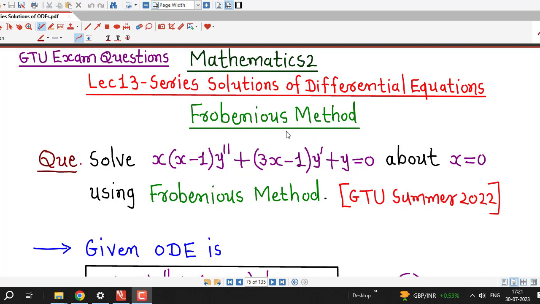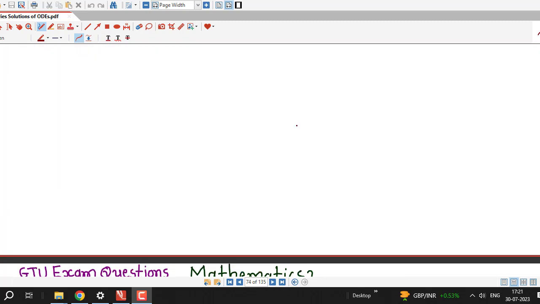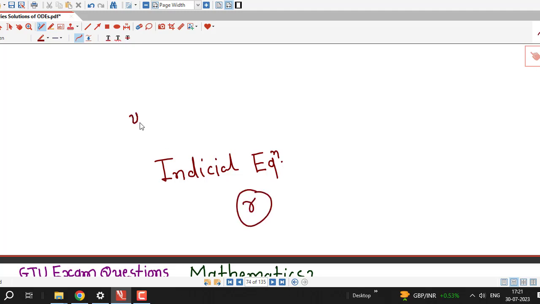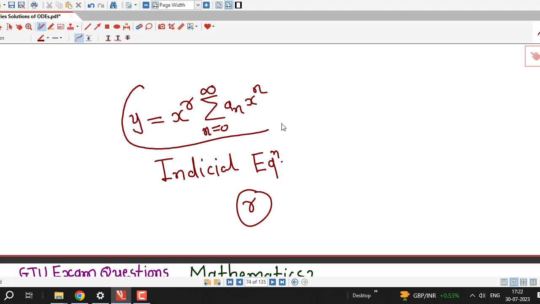In previous lecture we have introduced Frobenius method and we have seen the method with one example, and if you recall, in that example we have introduced indicial equation. Indicial equation is a polynomial equation or quadratic equation in variable r, which is the exponent r in the assumed series solution. We start our Frobenius series solution using this form, and here r is any real or complex number,